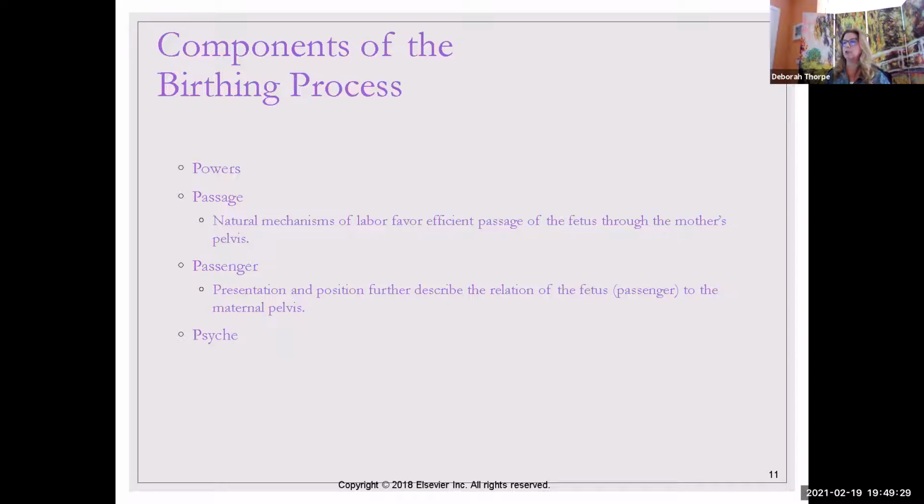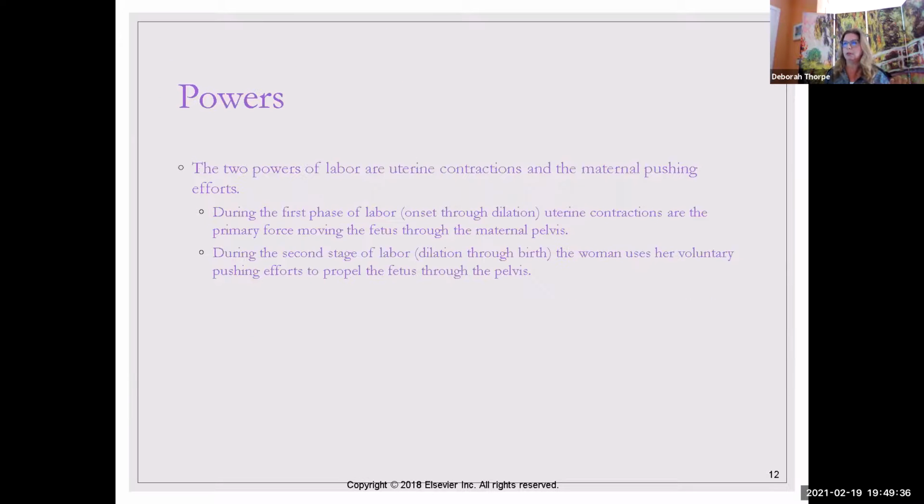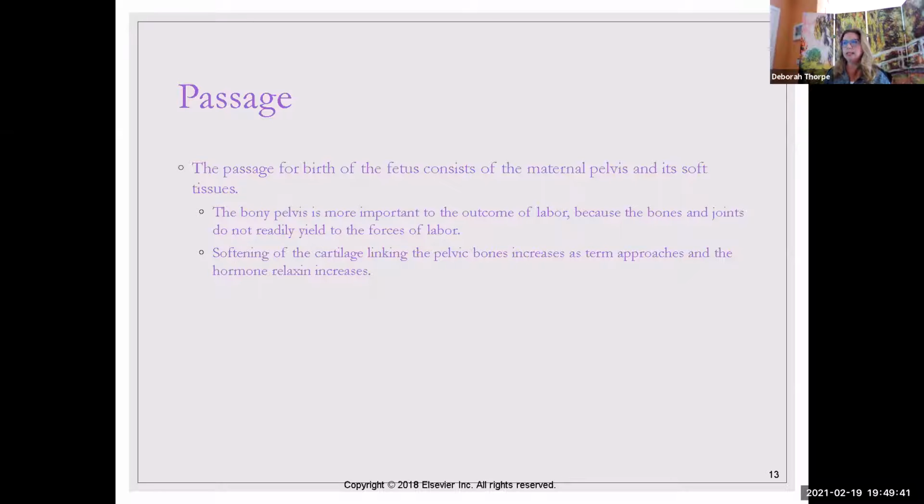The passage is the natural mechanisms of labor. I'm going to just go through this because it'll be clear. So the passage for birth of the fetus consists of the maternal pelvis and its soft tissues. So basically they're saying, how clear is that passage for this baby to come down, right? What does the bony pelvis have to do? How much soft tissue is there? How much really muscle